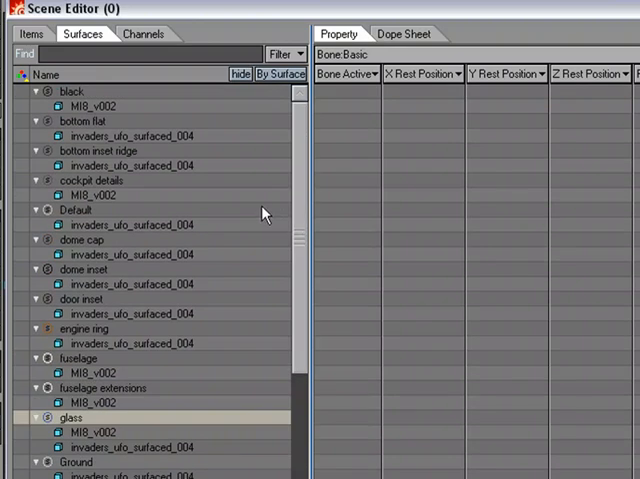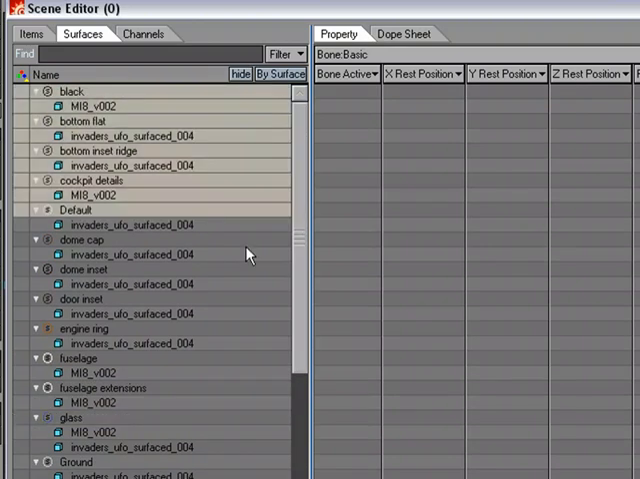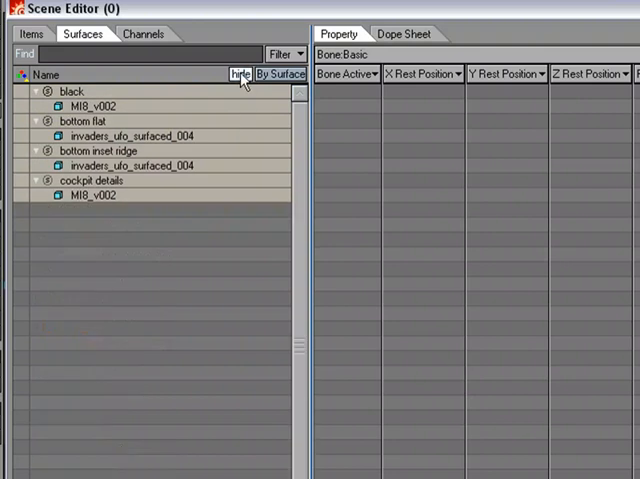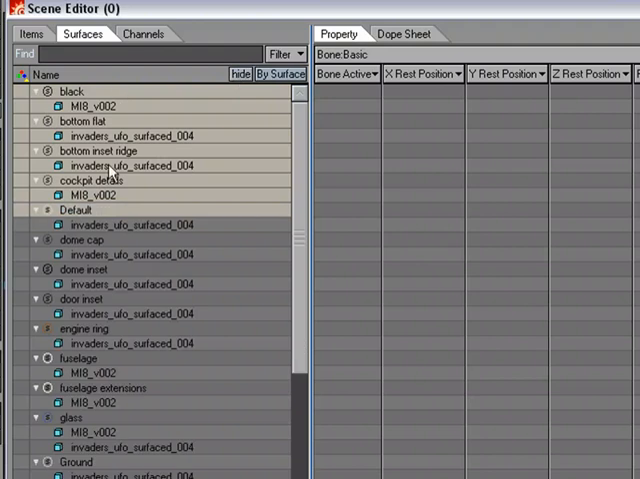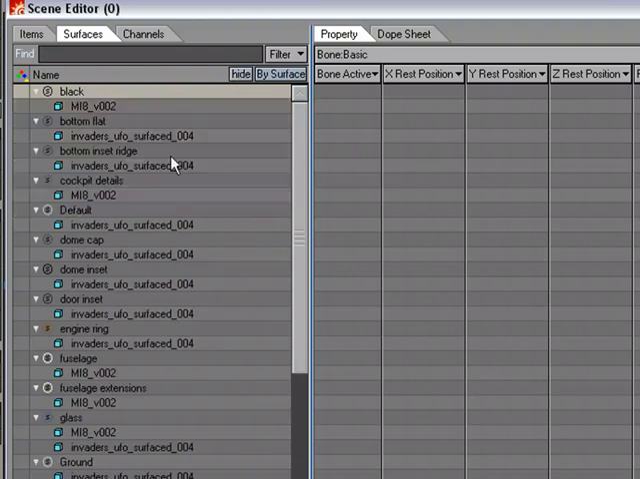I can also select several surfaces and hide the rest of the surfaces. So if you're used to working in the item list view, you'll be familiar with some of the options that you have here. Okay, now where this really comes into play is if we come over to the property tab and we change what